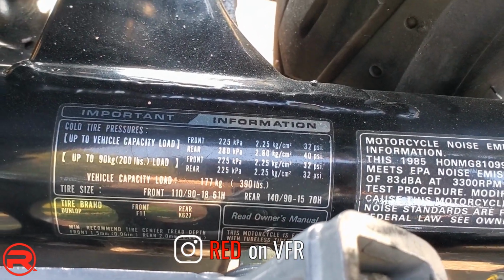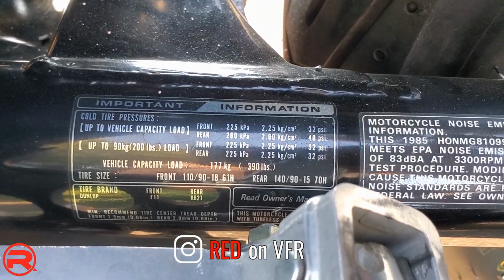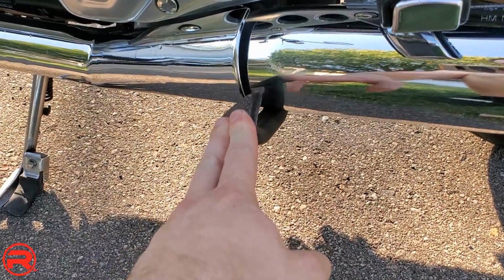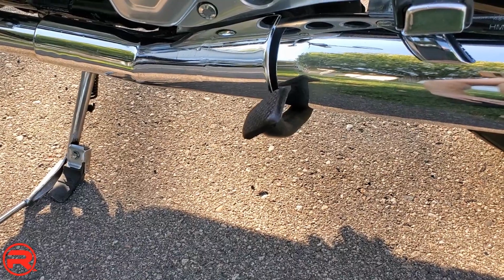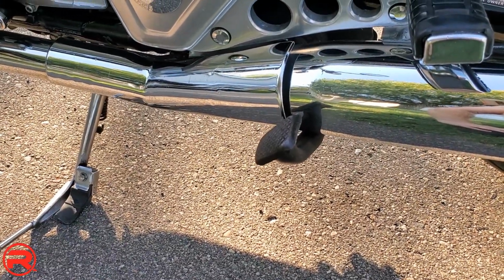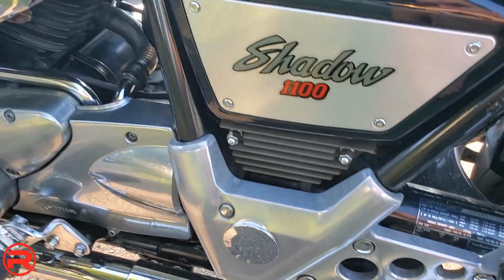So 32 for normal state. When you have a passenger, you got 32 in the front, 40 in the back. You got your center stand. You know, Hondas always have center stands. Well, not only Hondas, but back in the day, almost every single bike had a center stand. Other than that,